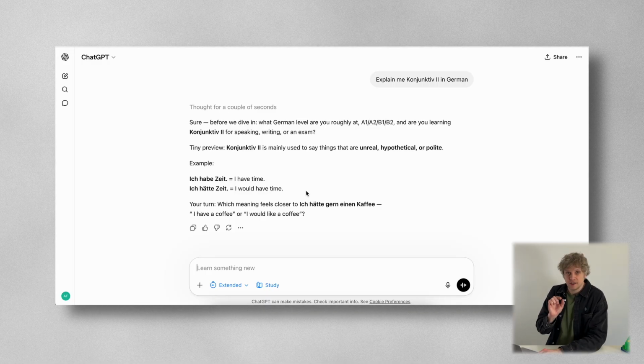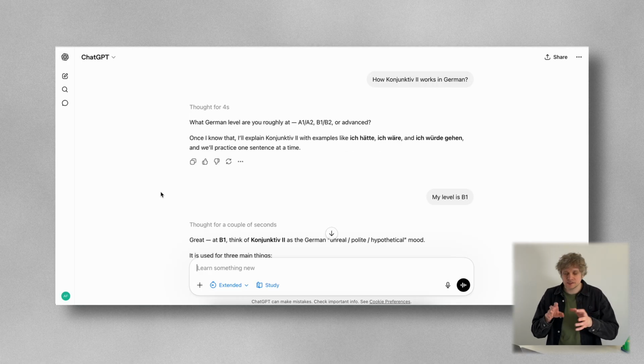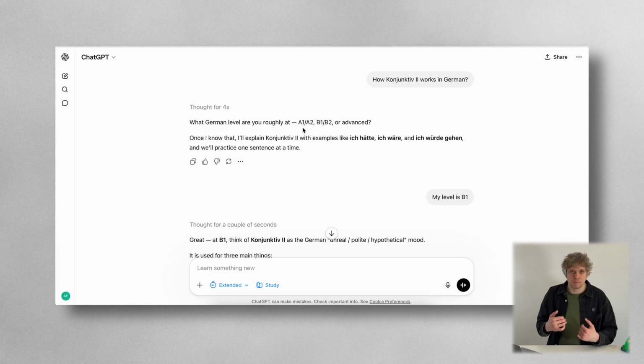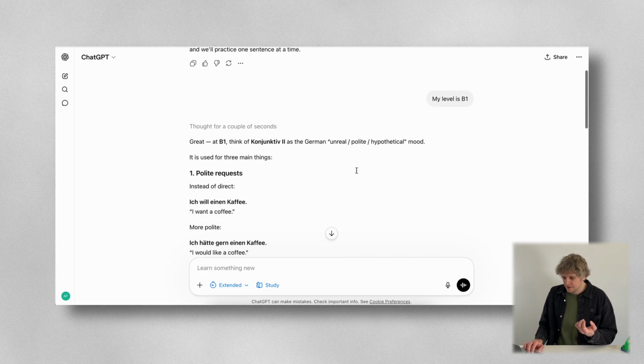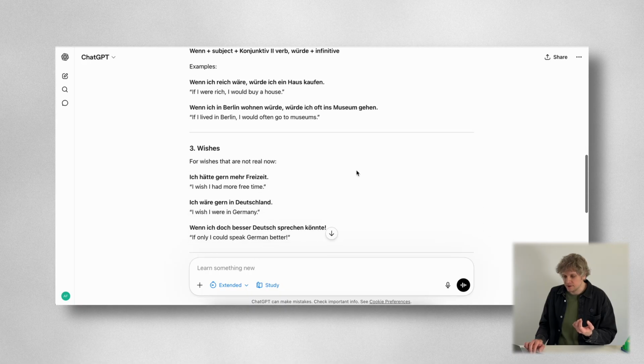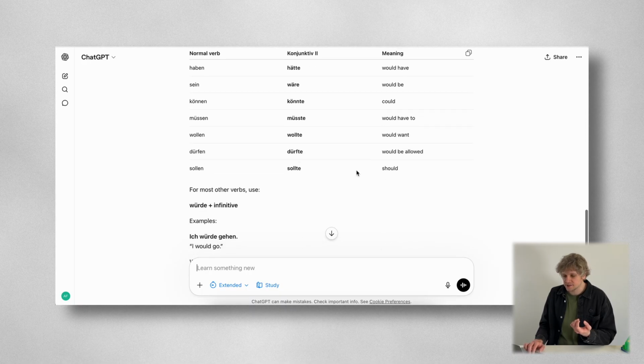Like here, it gave me a tiny chunk of information and then it asked me a follow-up question, but sometimes it acts weirdly. For example, here I again asked it a similar question. It started acting properly, so it asked about my language level. I said my level is B1, and then it just dumped a lot of information about different cases and how to use